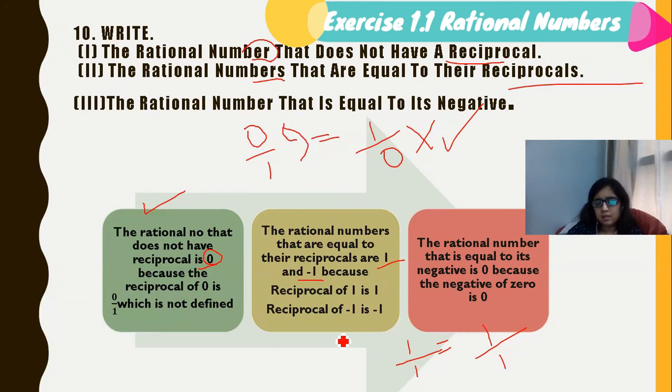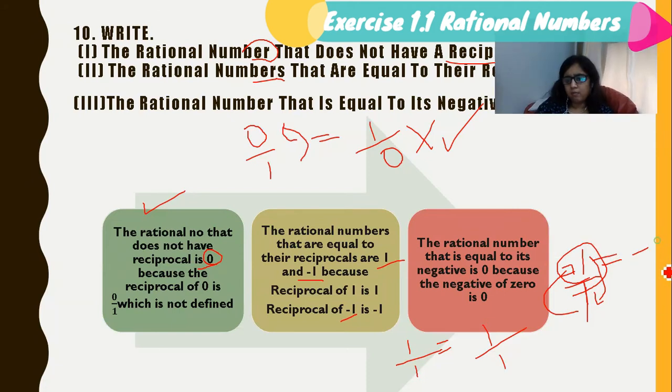And my other number is minus 1. Suppose you take minus 1, how will you find the reciprocal of this number? We can write minus 1 like this, minus 1 upon 1, because I have told you that the 1 in the denominator has no effect on the question. In order to find the reciprocal of this number, I will shift the numerator value to the denominator and the denominator value to the numerator. So my answer will be the same, minus 1 upon 1.